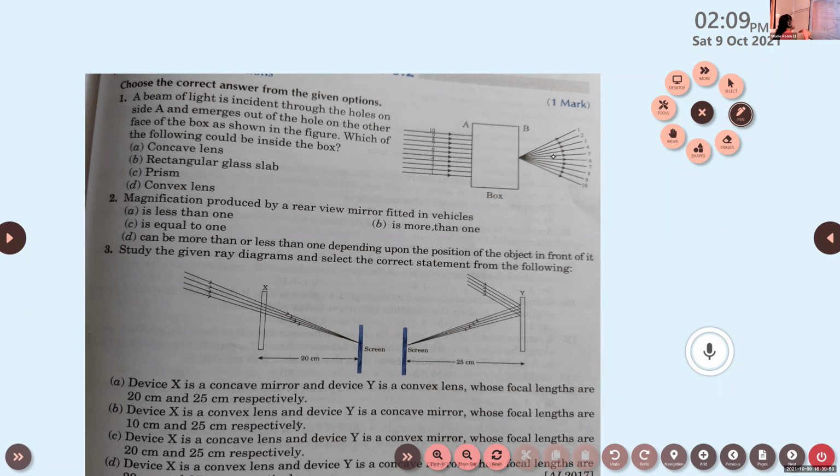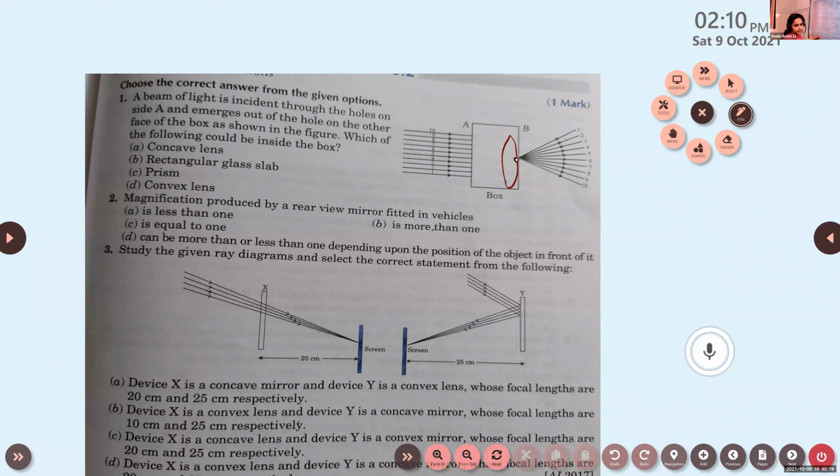As Srihari said, it is a convex lens. It is not a concave lens. It is a convex lens. Because when I was explaining this, I was not observing the nature of the image that is obtained on the other side. On the other side, exactly the rays are in the opposite. So here you just imagine if a convex lens is placed here. Convex lens.